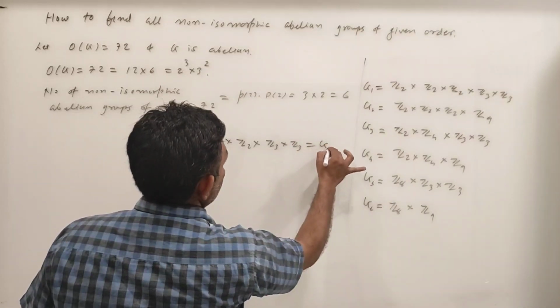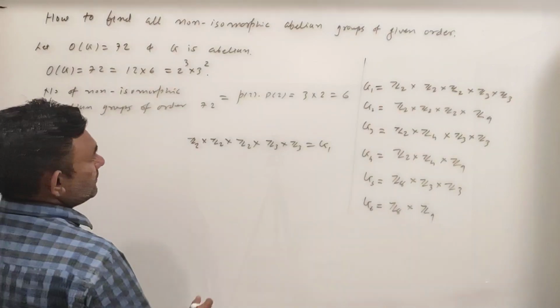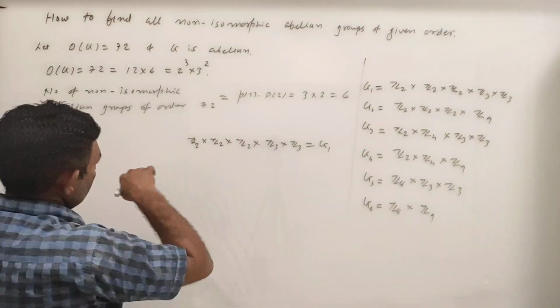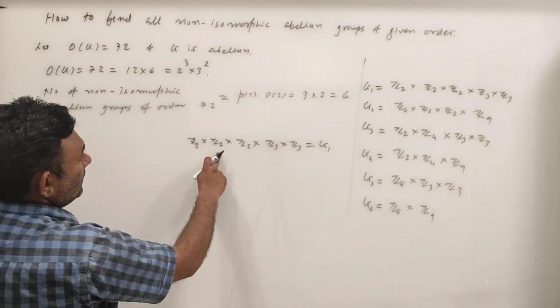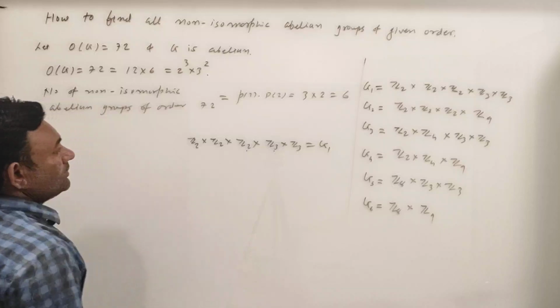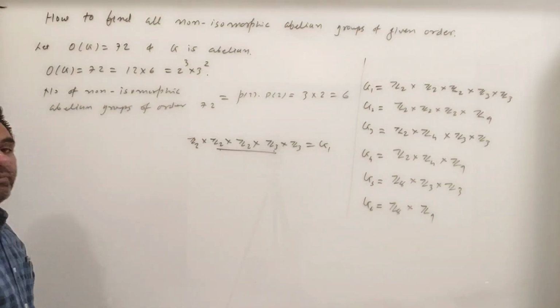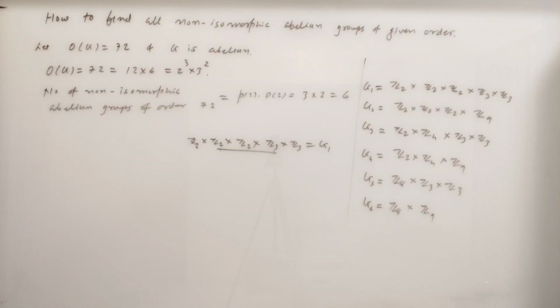So this is your G1. Now what you consider, okay, so see 3 into 2, 3 into 2 is 6, 6 into 2 is 12, तो इनका प्रोडक्ट 12 हो जाता है, right. So what I consider, you consider